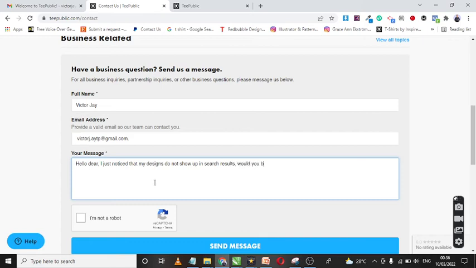Would you be kind enough to help me fix this issue? Thanks in advance. That's pretty much all you have to do, and click on the I'm not a robot button